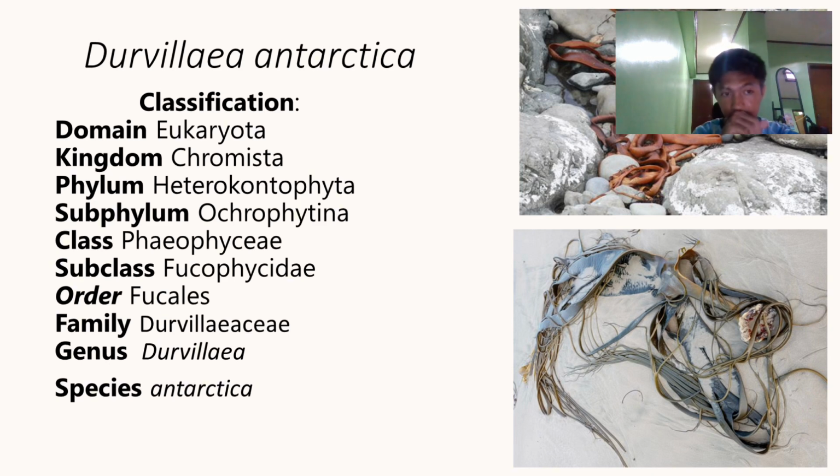Durvillaea antarctica. As you can notice, the Durvillaea antarctica is like a bullwhip. Other terms used by the people in that particular area, especially in New Zealand, they call it bullwhip kelp. Since it is like something ginagamit sa mga rodeo, kanang mga farmer nga ilang i-whip sa mga livestock aron sa pag-control sa crowd. Mao na nga ginatawag pud siya nga